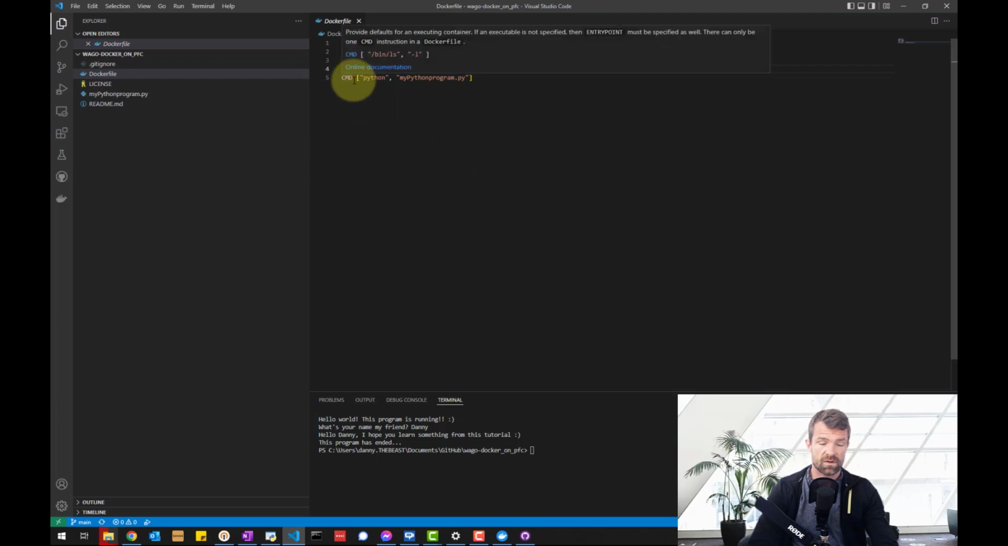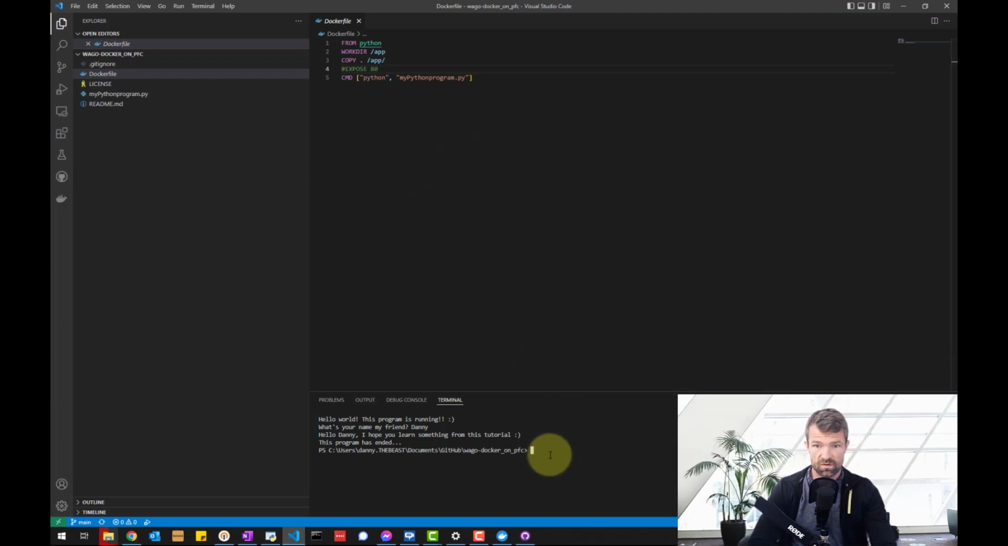When we start up or run a container from the image, the container will automatically first write python, and then write MyPython program.py afterwards, which is what you would write if you wished to run a Python program. So this is basically what the container will be doing automatically, and that's why the program will be running when you run the container. We need to